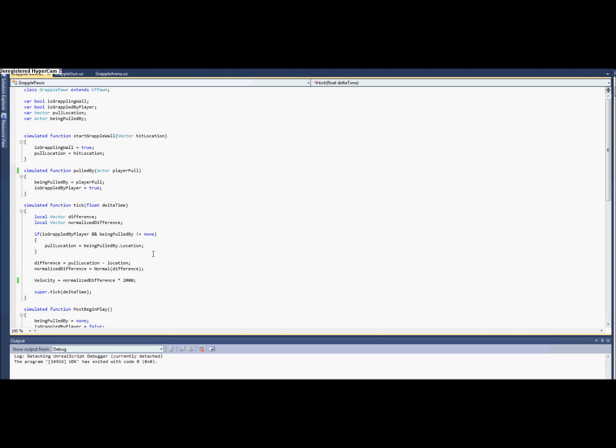Okay, so as you can see, the velocity is not so great. So we're going to